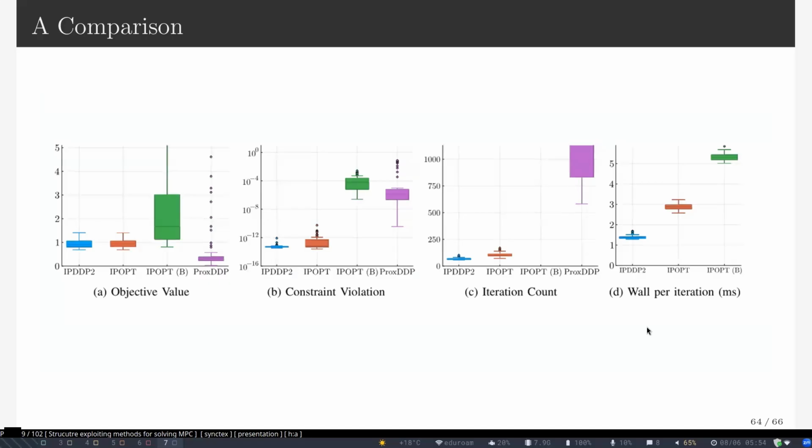Now, something else. Here is a bunch of statistics about one example. Again, there is a danger in reading too much into one example. But that's how we tested it on some control problem. It's almost identical to IPOPT in terms of implementation. The reason that we perform slightly better is that we are explicitly using the structure of the problem. We're not a general solver, so you expect that by putting in more effort, you're going to get more out of it.